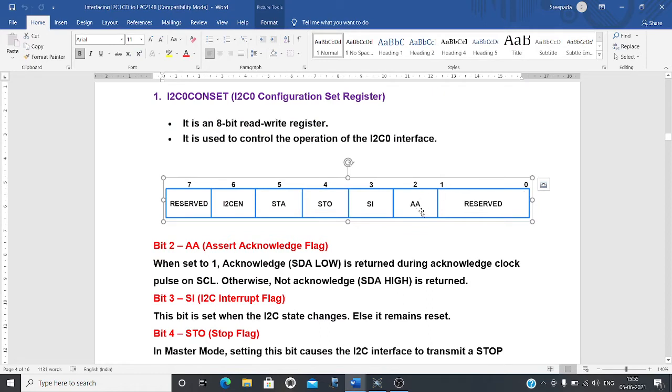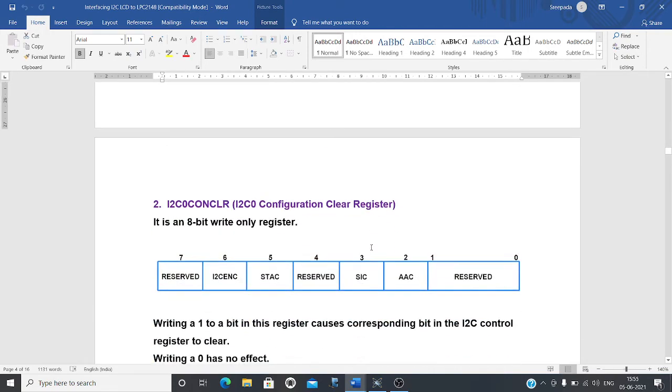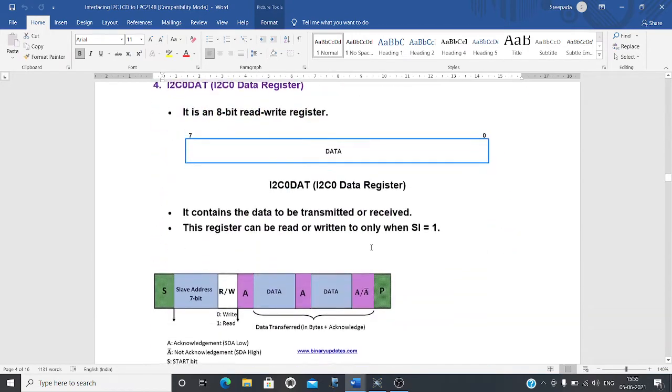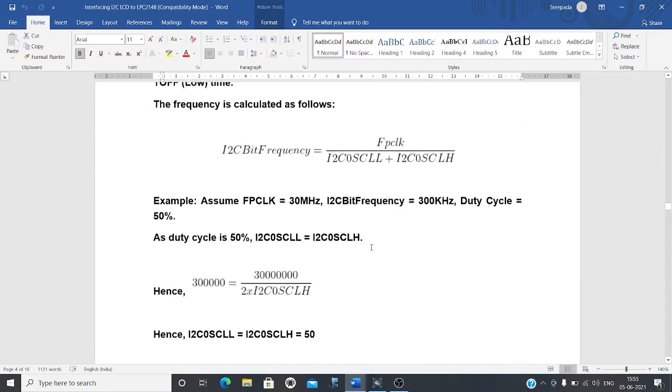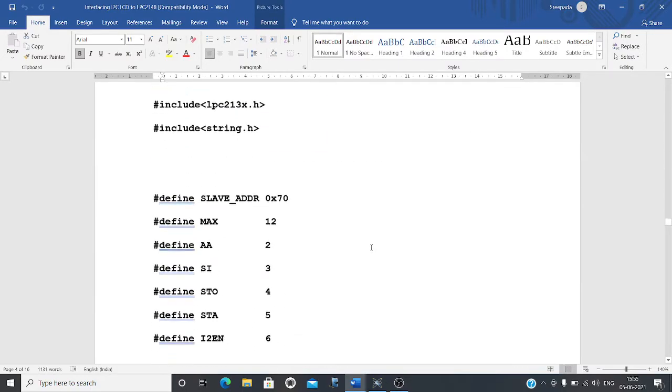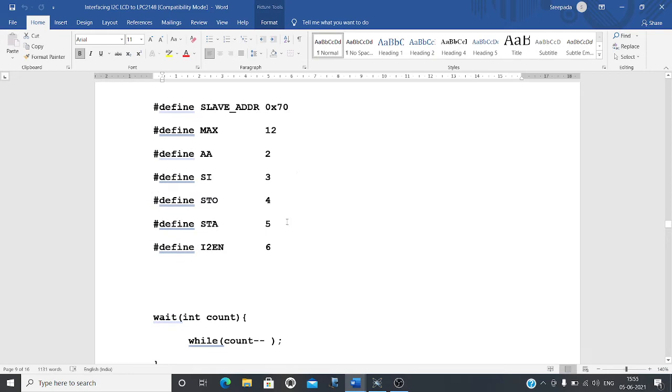Pin number 2 belongs to AA, pin number 3 belongs to SI, pin number 4 belongs to STO, pin number 5 belongs to STA, and pin number 6 belongs to I2C enable. The same pins are defined here in this program.